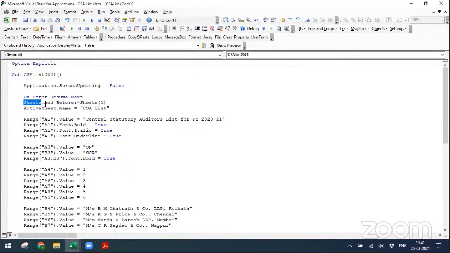Then I've written Sheets.Add where you want to add a sheet before the first sheet. This is the index number of the sheet. So out of all the sheets, first sheet please add. What is that sheet name? You want to keep it CSA list. Then go to the range A1, then you can write central statutory auditors list for financial year 2021. Then you can select it, which is bold true, italic true, underline true. Then again, you can take A3,